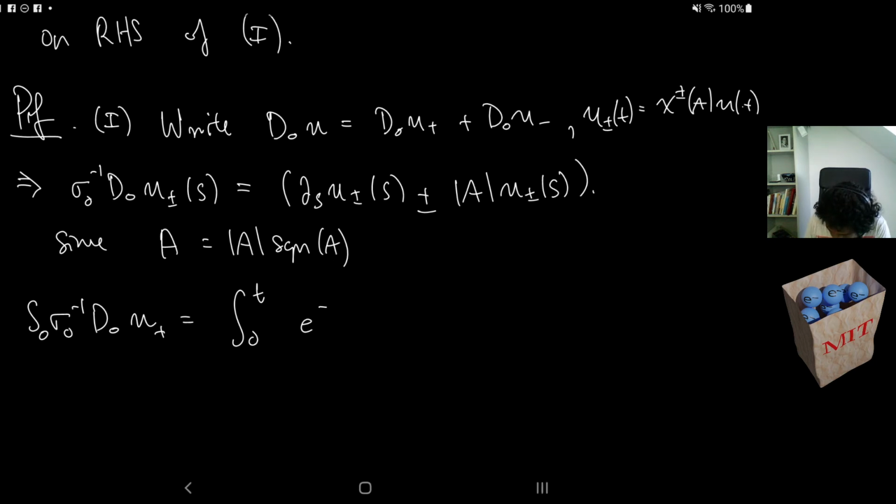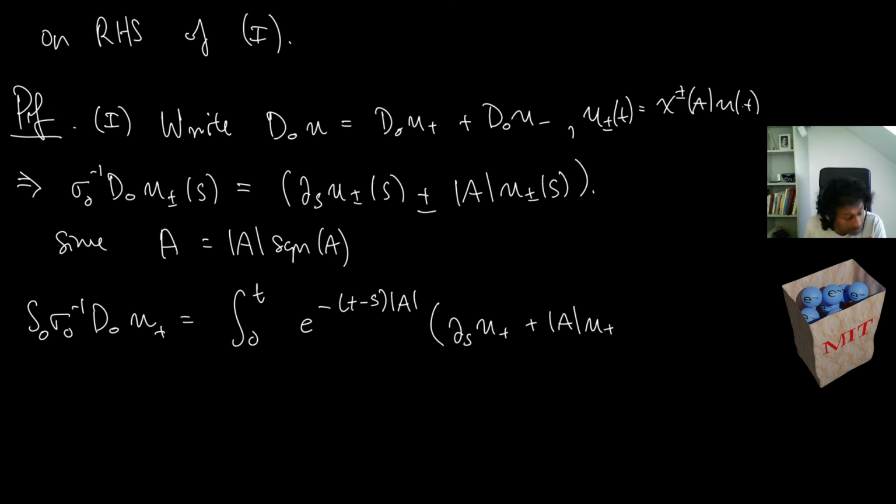So this is e to the minus t minus s modulus a. And what do we have here? So now we apply partial s u plus modulus a u plus, so there's a ds,